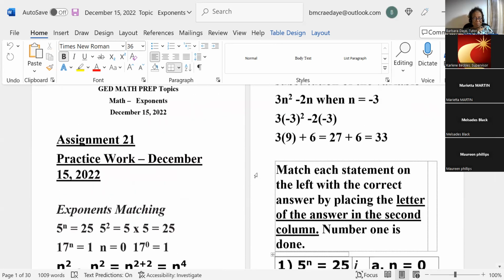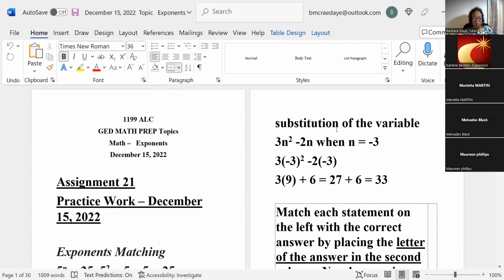Substitution of the variable. Given a number, you substitute that number wherever you see the variable. So wherever you see an n in this expression, you put a -3. You got it? So n is replaced by -3,